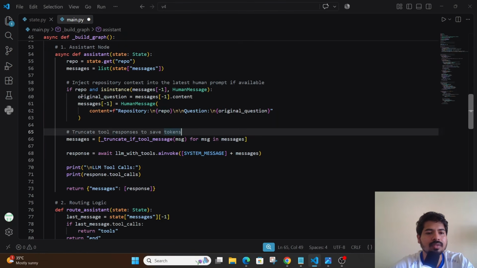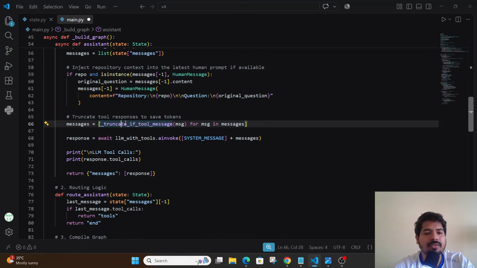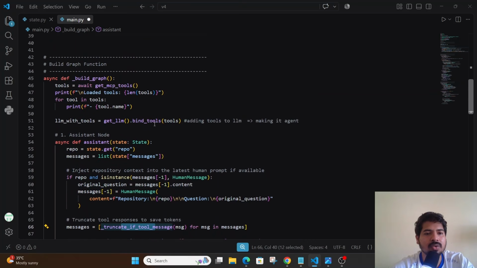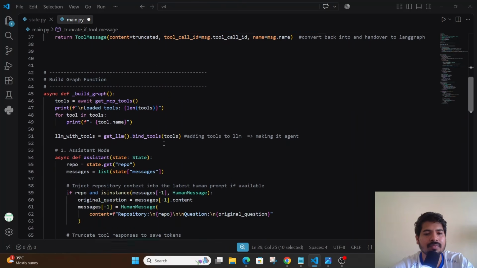Okay, done. Now I will call my function which is truncate if tool message, which is again to check if the character length is less than 6000, this particular thing, okay. And